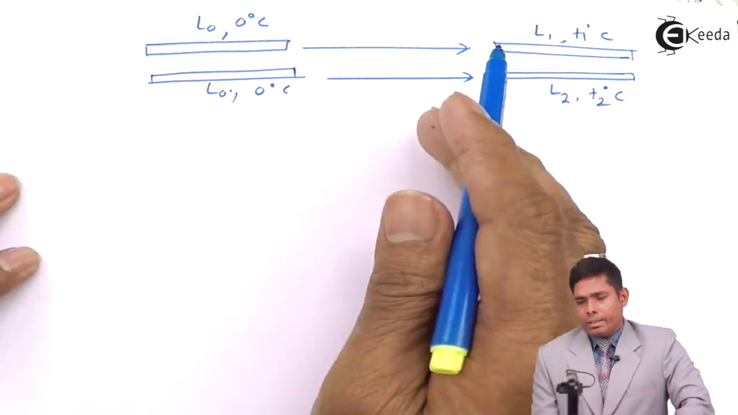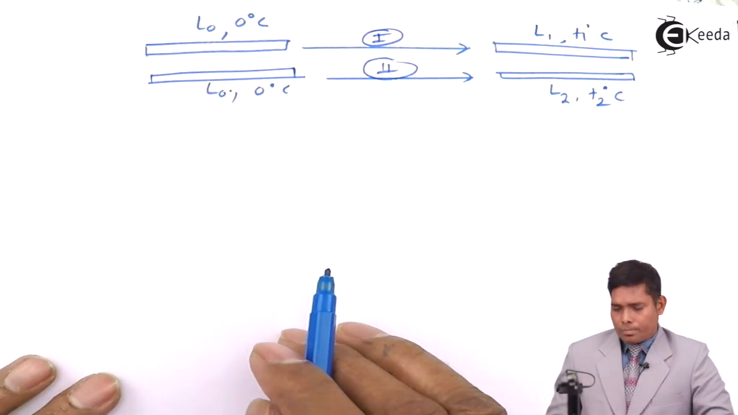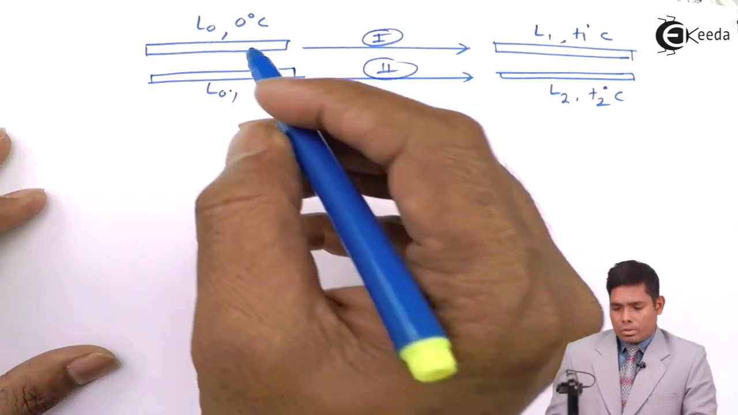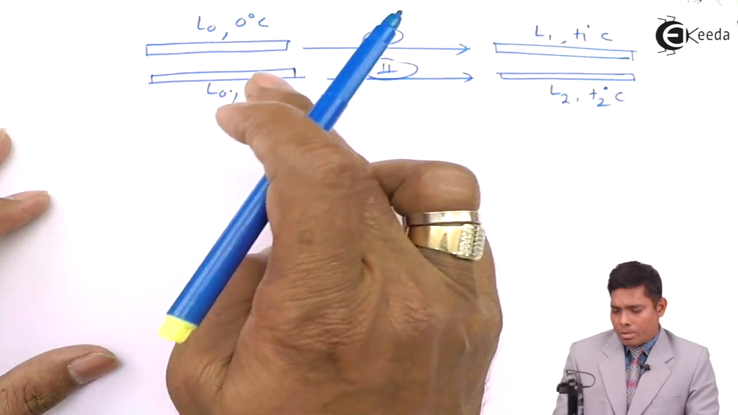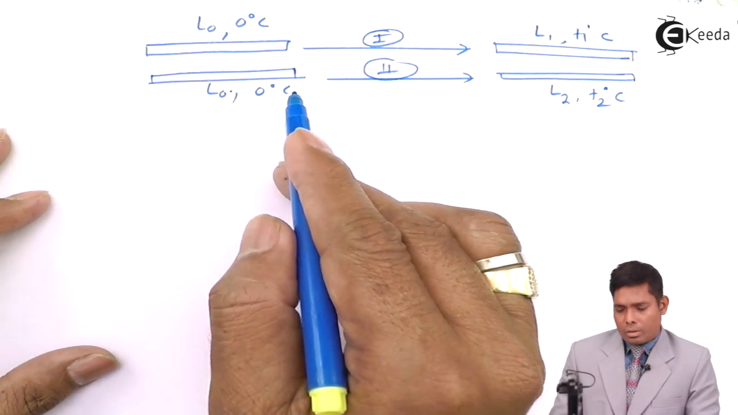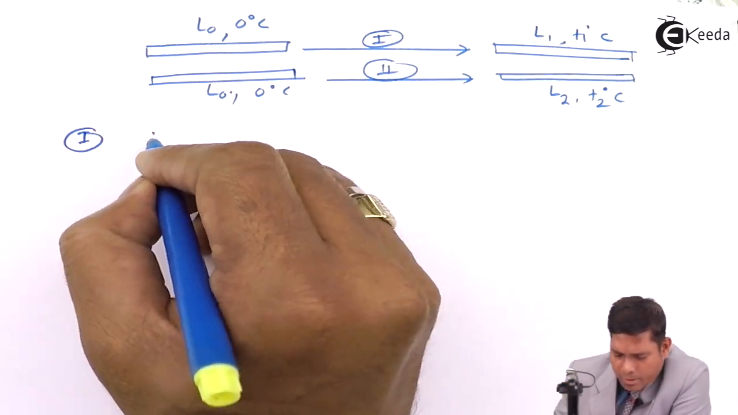Had the rod been written like this, this is situation number 1, this is situation number 2, then you would have got two equations. So first write equation 1 for this type of change and equation 2 for this type of change. Then what will happen? The equation 1 that we'll get here is,